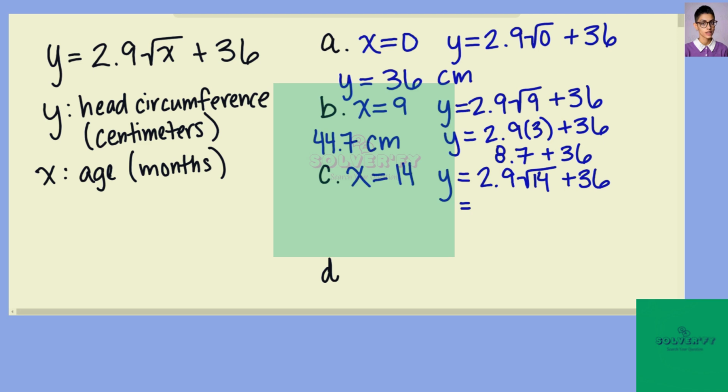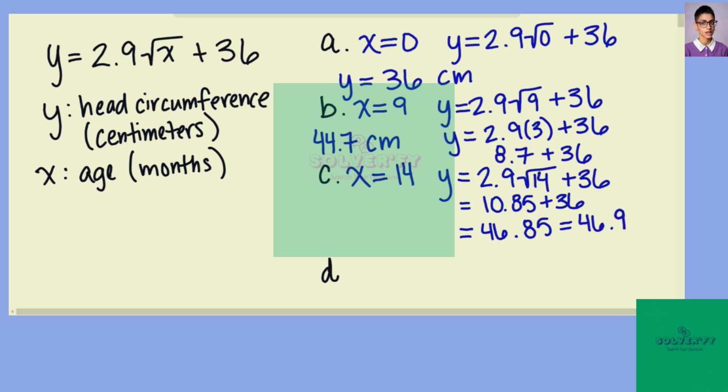2.9 times the square root of 14 is about 10.85. And we still need to add 36. So that's about 46.85. We're asked for the nearest tenth, so I would round that number to